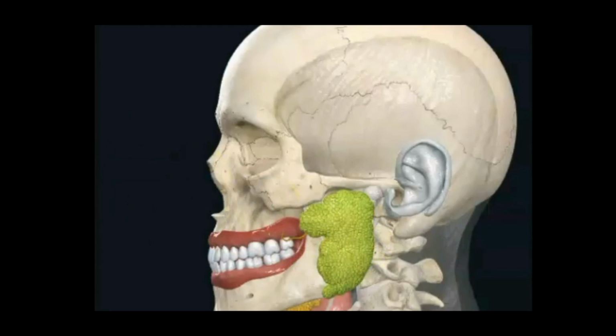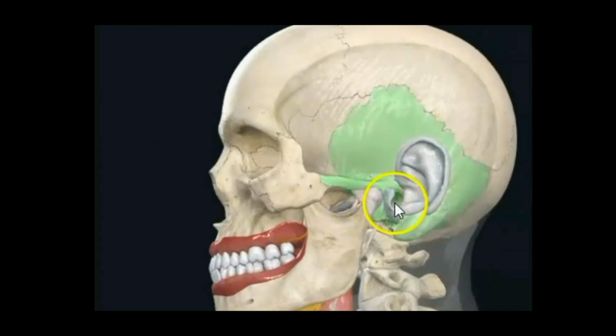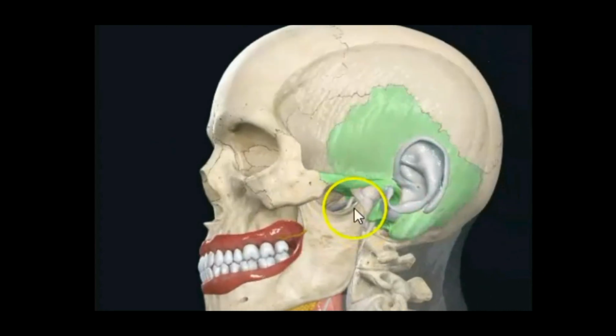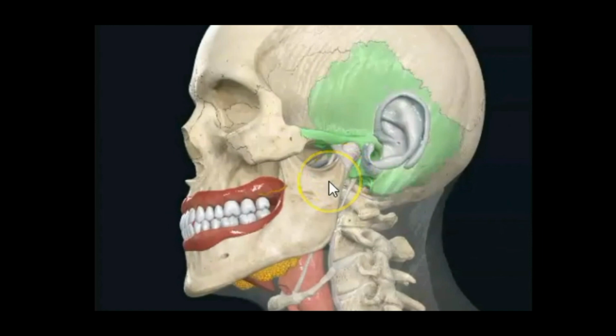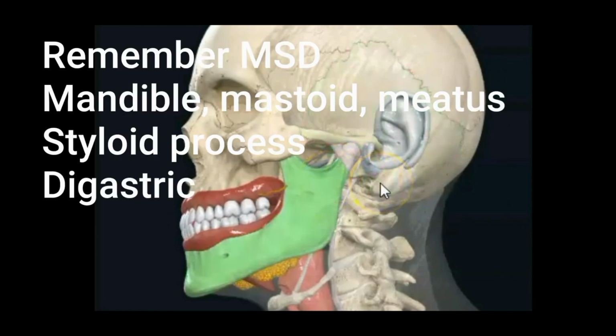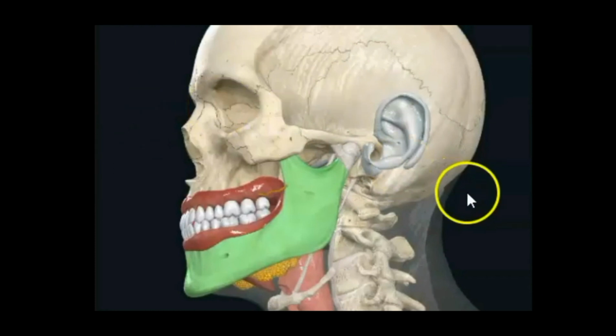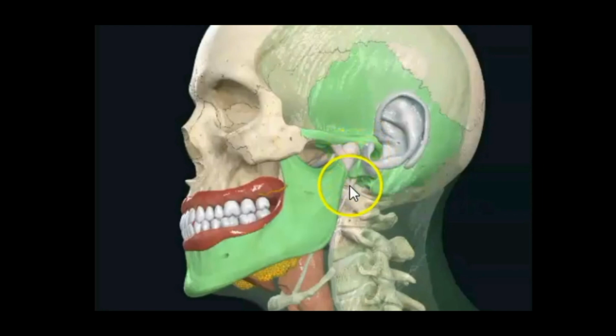And you can see here the surrounding bones. Behind you can see the mastoid process, which is part of the temporal bone, external acoustic meatus above, and anteriorly mandible. Remember MS Dhoni, MSD. So mandible, mastoid and meatus, anteriorly, posteriorly, above, and styloid process and digastric medial and below. So parotid mold is formed by MSD, 3M, 1S, 1D. You can remember like that. MS Dhoni. So this parotid gland is occupying this region.